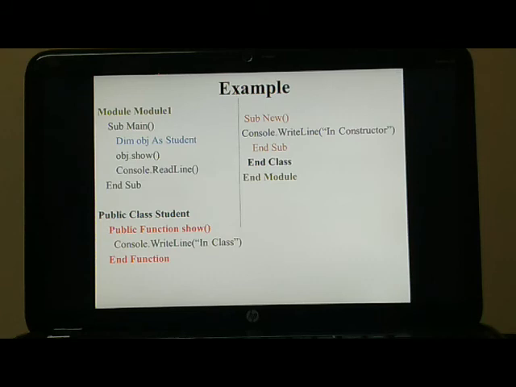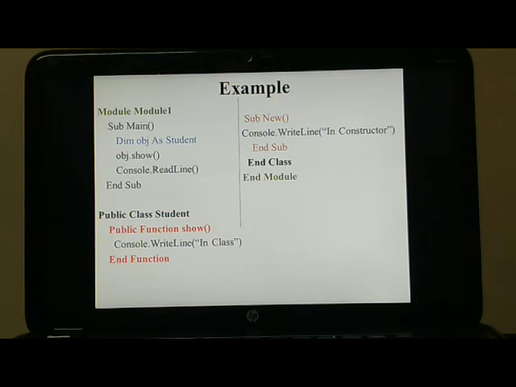The example is as follows. I have created an object for a student, that is obj. First I have created a class, that is Public Class Student, and in that a Public Function Show. In that I have just printed a statement: in class. After that the constructor is created as Sub New.